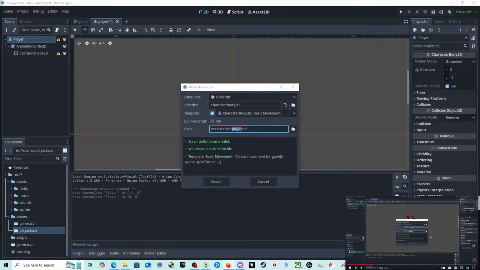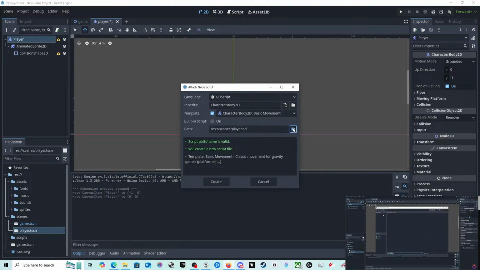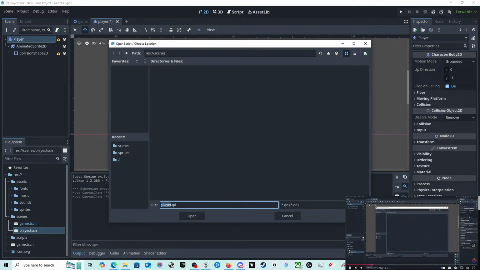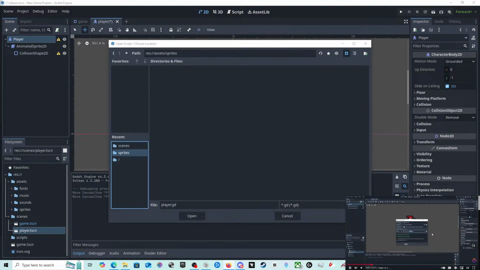Of course, we're going to do some programming in this video, but writing player movement can quickly become a bit overwhelming. So for now, we'll just use the basic movement template provided by Godot. Later, we'll go in and modify it to play different animations and rebind input to the keys we'd like to use. As for the path here, I'm going to make sure that we put this inside of our scripts folder. And let's just name it Player. Let's hit create.